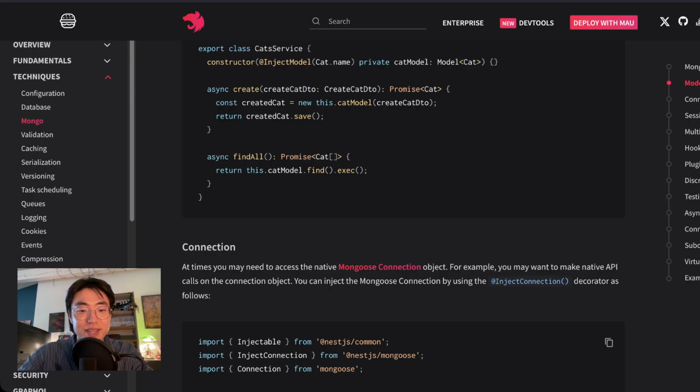the NestJS documentation. Again, this is our day 23 and we are at the techniques part, Mongo model, we are